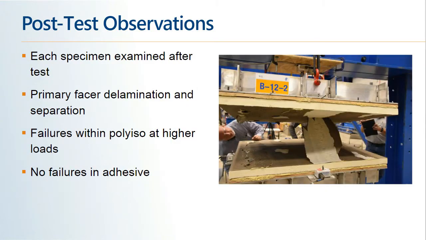Here is a shot of a cellulosic felt specimen with 12-inch ribbon spacing. You can see separation of the facer from the foam body on the insulation board. On the left-hand side of the test specimen there, where I've got my head down and looking in there,